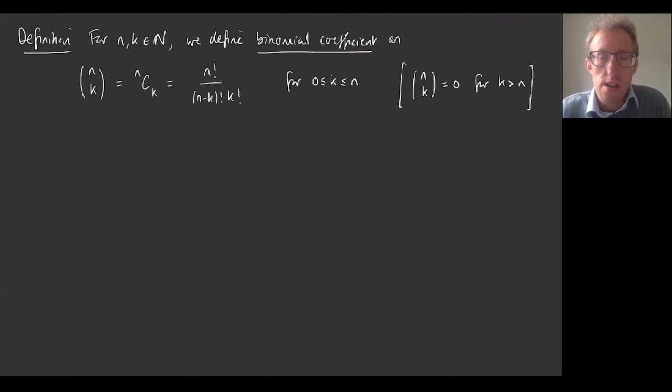So this is the number of ways of choosing k things from n things. You may have come across it in probability, but it springs up in all sorts of areas of maths. It's maybe worth me just pointing out, in case you're not aware, that 0 factorial is 1. And we need that in order to make sense of this definition when k is 0 and when k is n.